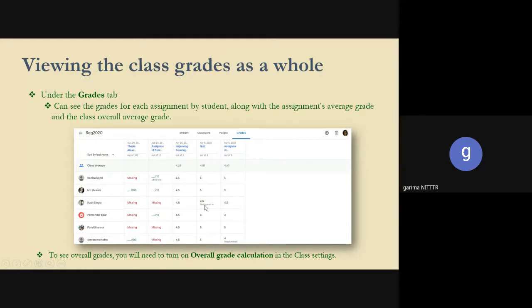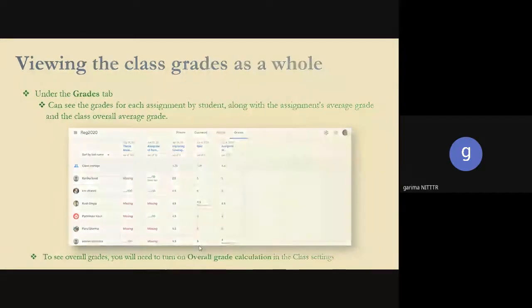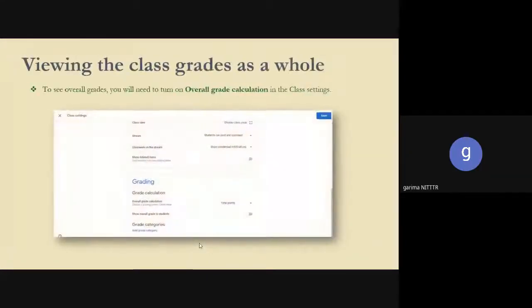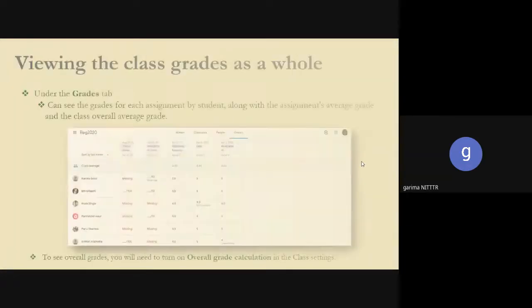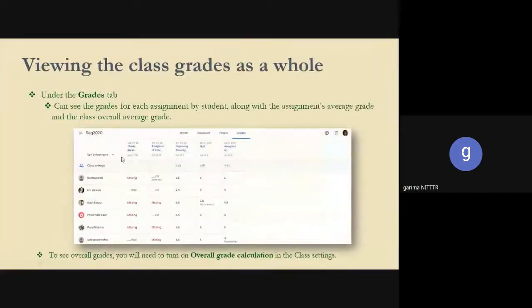Now, if you want to view grades on the basis of something else, if you see this particular slide, I'll show you the previous slide. I have given only the points I have assigned for that particular assignment, and on the basis of that, it is giving the class average. I have assessed these three assignments, and on the basis of these three assignments, I have the class average.